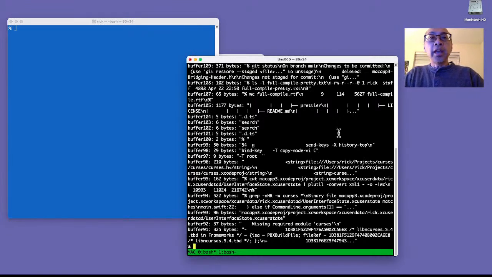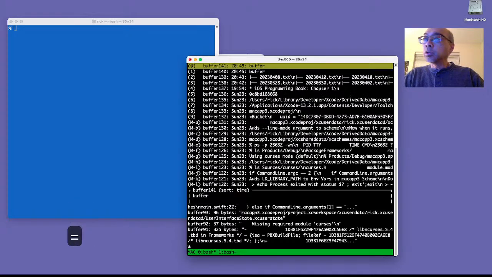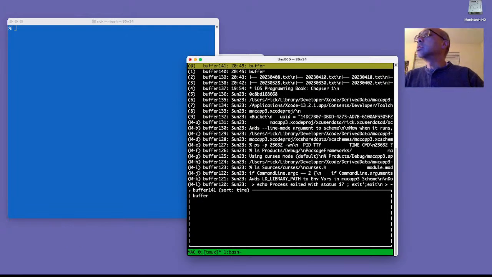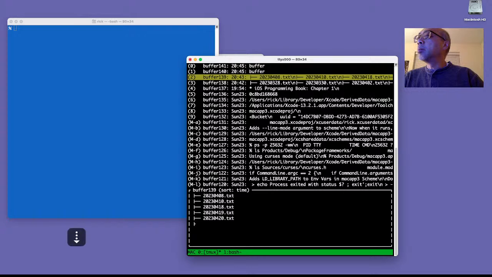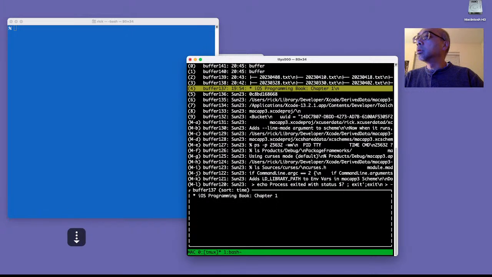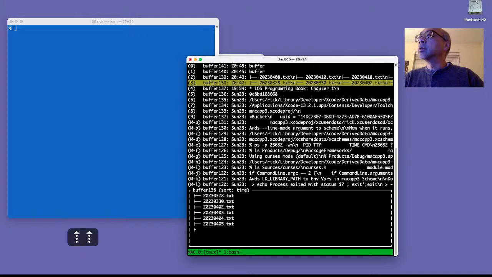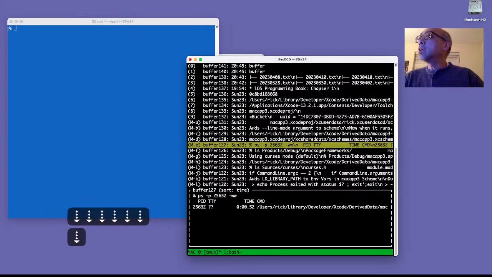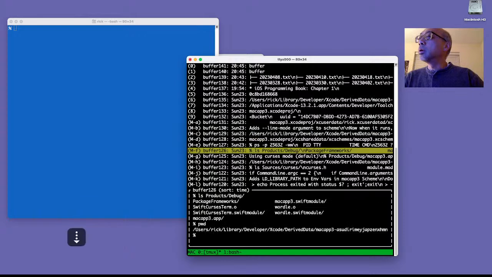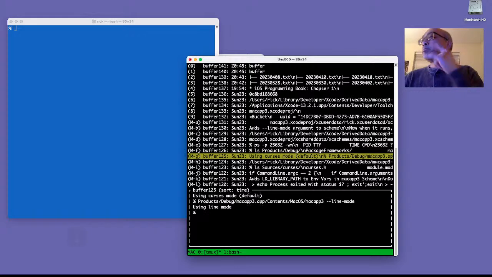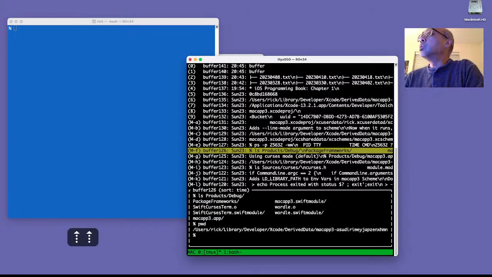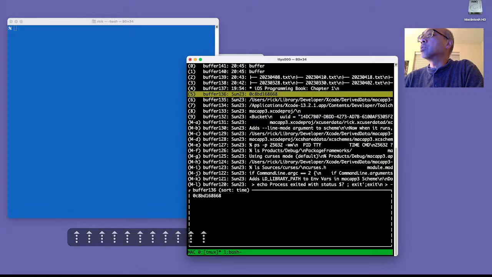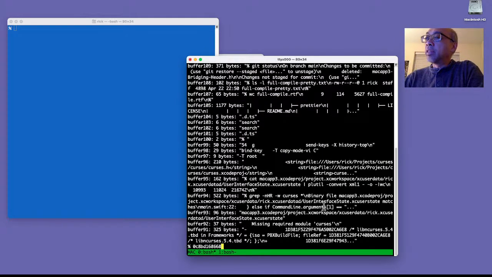I mentioned that there's a way to select these buffers, and that is with Control-B and the equal sign. When you do that, you can see a list, and you can press the down arrow or the up arrow to navigate between all of the different paste selections that you've made. And if you wanted to paste it, you simply select it. So here I'm going to select this one, and I'm going to press enter, and